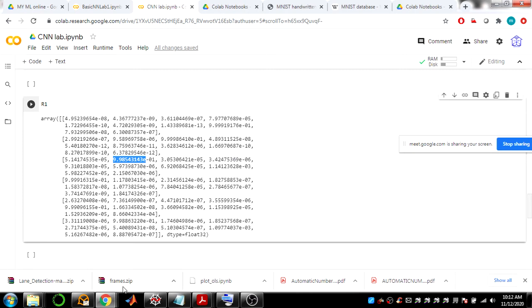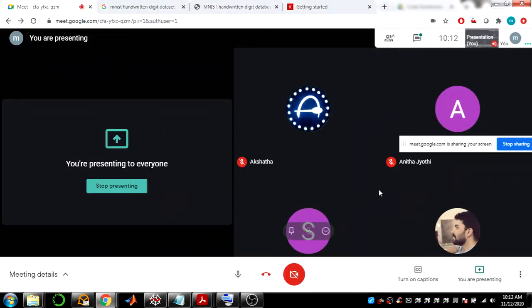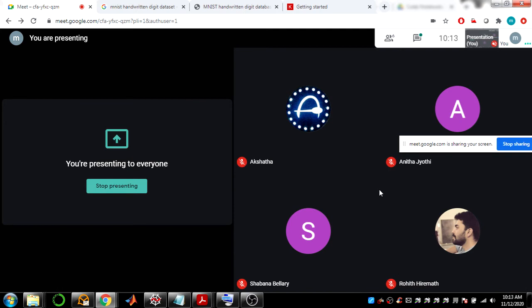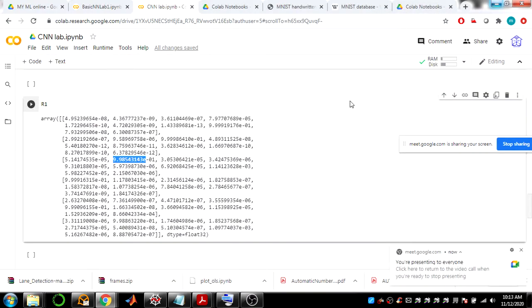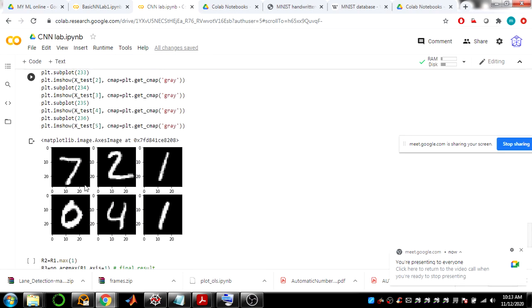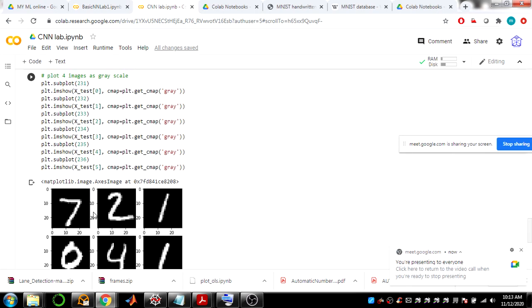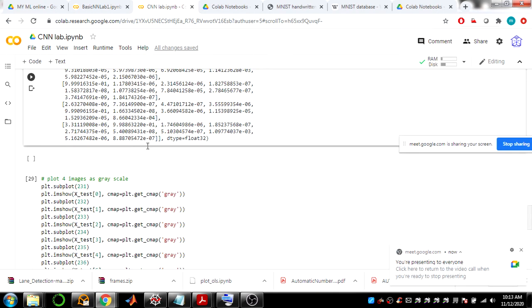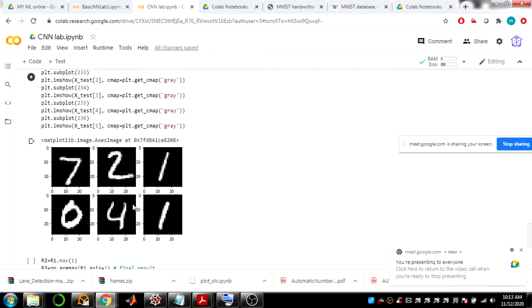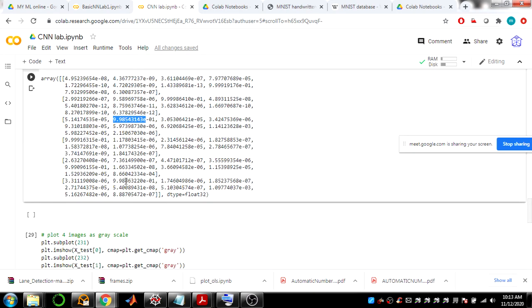Got it? So now, Shabana? Yes, Shabana. Now tell me, this is the outcome what we have. From this we can locate it like this. But how do we do it automatically to get the numbers? This is the ground truth. In the test data, 0 to 5 are the ground truth, and by looking at this we can tell that the model has predicted very close results, right? Because if you look, this value is 1, and here also it is in the first position, the value is more here.